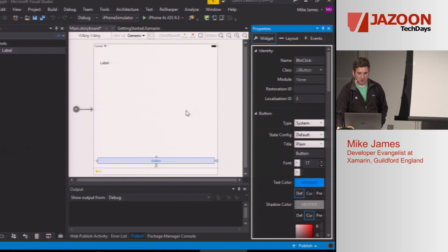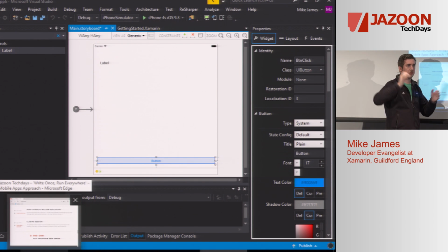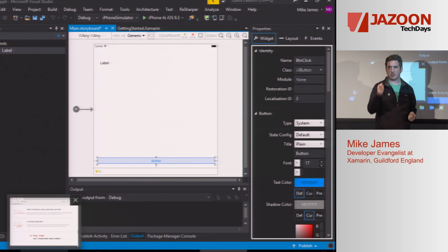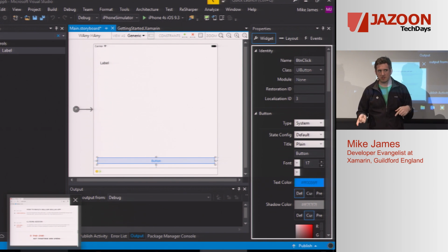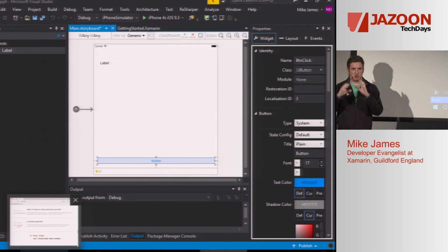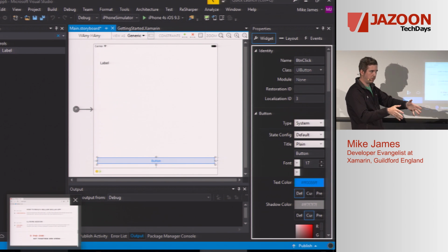Boom. So in Xcode, if I wanted to get to the click event of this button, as a .NET developer, I would sit there and just keep double clicking on a button and hoping that it would get to the code behind. And what it's actually going to do in Xcode, it's going to allow me to set the title of that button. If I want to get to the code behind for the button or the touch up inside event, what I need to do is bring up the split plane, bring up the view controller for the currently selected view in the storyboard.